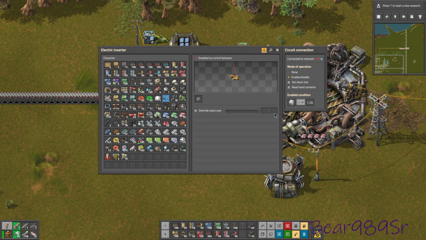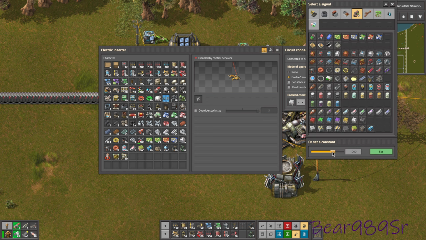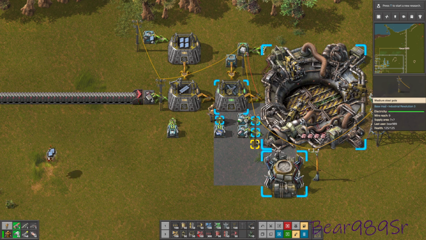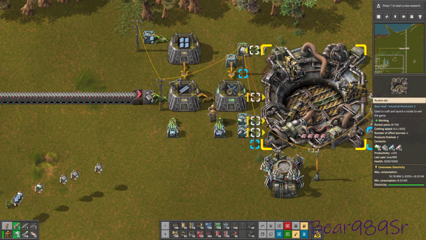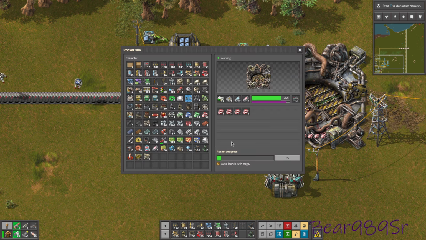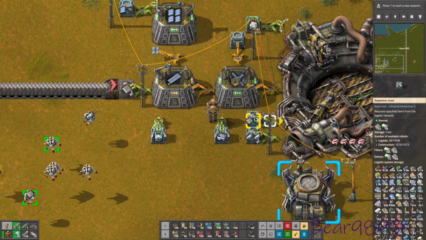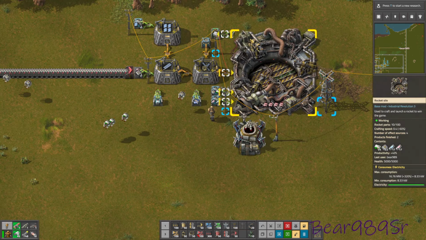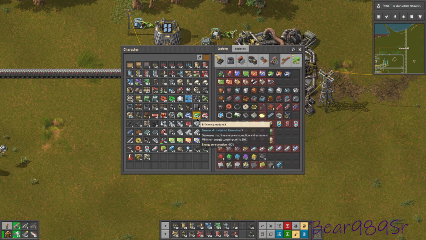So we're going to change this to actually be 10K. So this thing will shoot off a rocket every time the rocket is built, and it has a satellite ready to go. Now, as of right now, we have plenty of the things that we need to build it with. So if we are in a hurry,